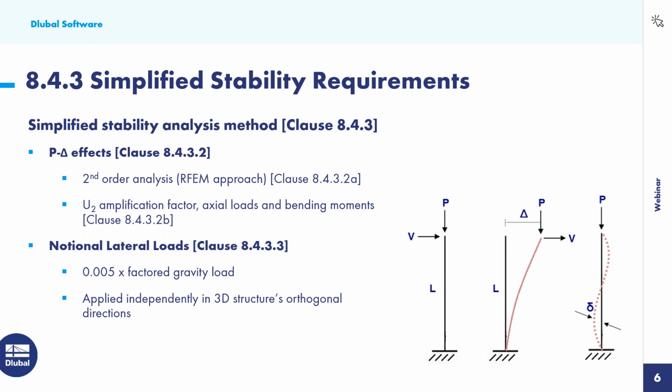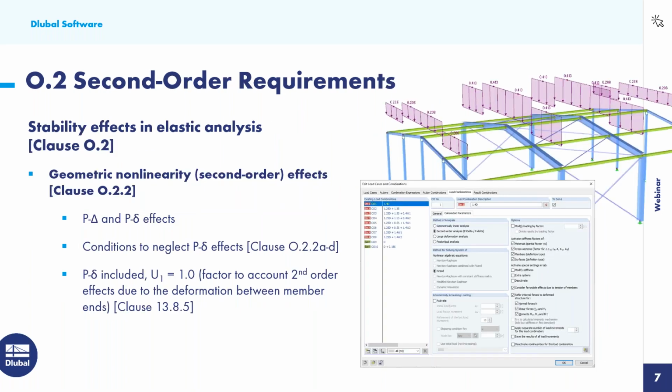Okay, so that's really just a quick overview of this simplified stability analysis method, but let us get into the new Annex O. In particular, we're going to refer to stability effects in the elastic analysis according to Clause O.2. So there are a few different requirements here. Now, the first is geometric nonlinearity, and this is for second order effects that are required. The code in Annex O actually says we must consider big P delta effects, but here it also mentions